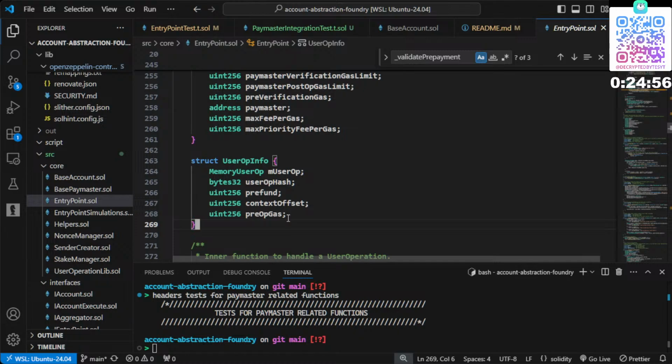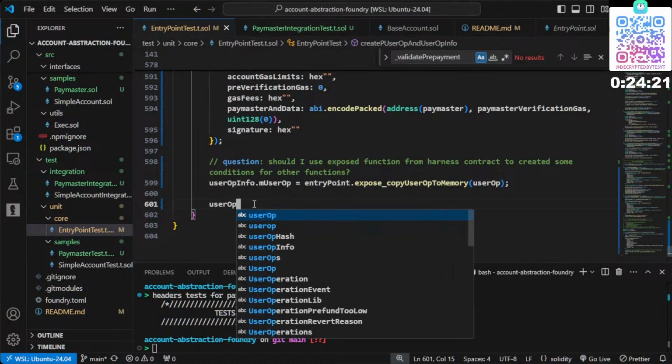Prefund we can just put 0 because that is related to bundler. I hope it's related to bundler, but I don't know. Context offset, it's 0, and pre-op gas we can put as 0. So we only have to set one value, which is this,